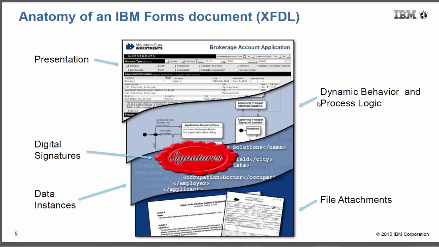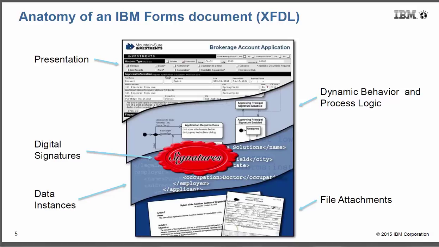This is what a traditional form would look like. At the top, you see the presentation, so it makes the document look very much like a paper form. However, embedded within this document, all the behaviors of the document are included. So if somebody needs to have certain pop-ups, or you need to show and hide elements on the page based on user selection, as well as drop-down lists. So for example, selecting the state that you lived in from a drop-down list, all those components are embedded within